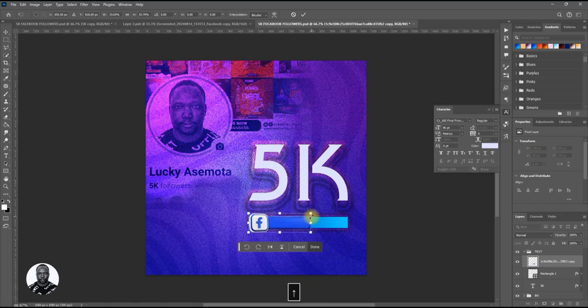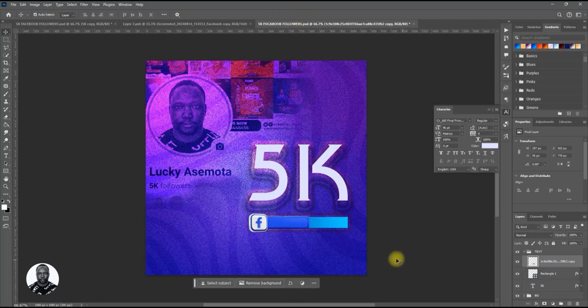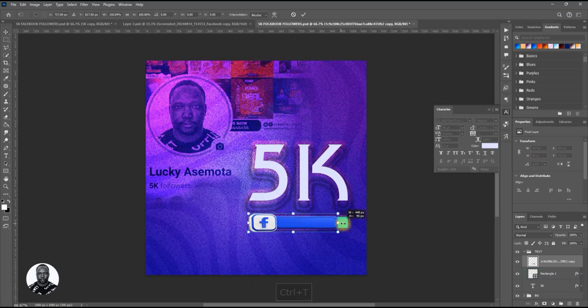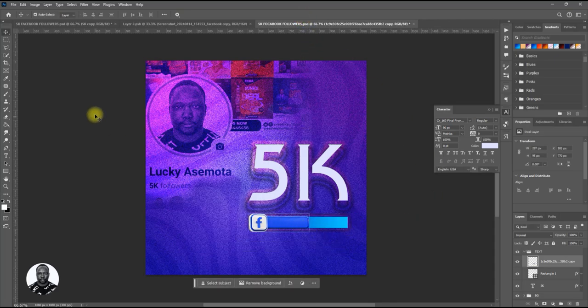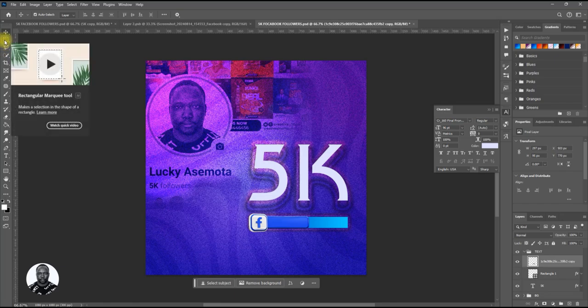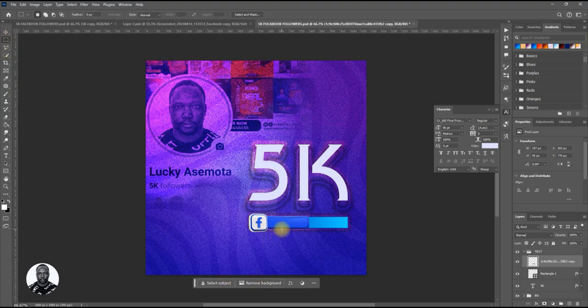We want to reduce it to the size of this rectangle. Okay, so what we are going to do now is that, you see, there's no way we can drag it this way. It won't work. All right, so all we have to do, just pick this rectangular marquee tool. Okay, click it and